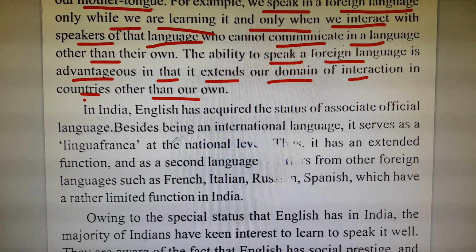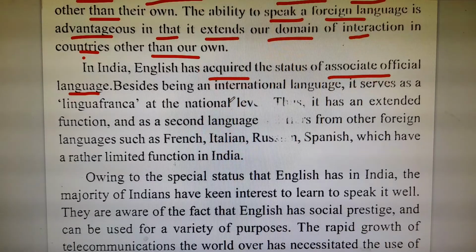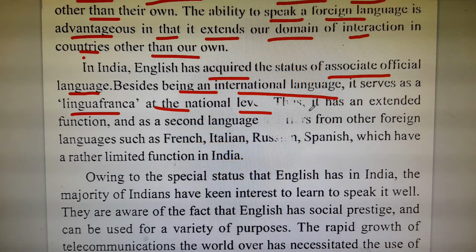In India, English has acquired the status of associate official language. Besides being an international language, it serves as a lingua franca at the national level. Thus, it has an extended function as a second language. It is different from other foreign languages such as French, Italian, Russian, Spanish, which have rather